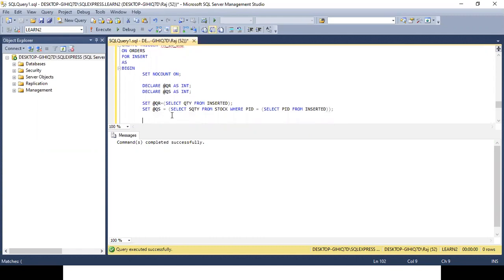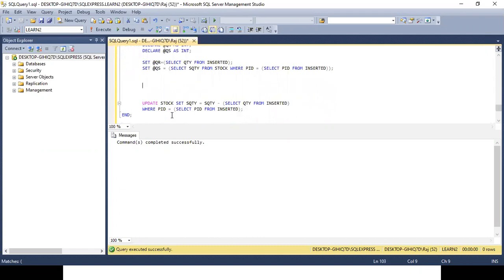Now if quantity in stock is greater than or equal to quantity required, then begin, and say comment.